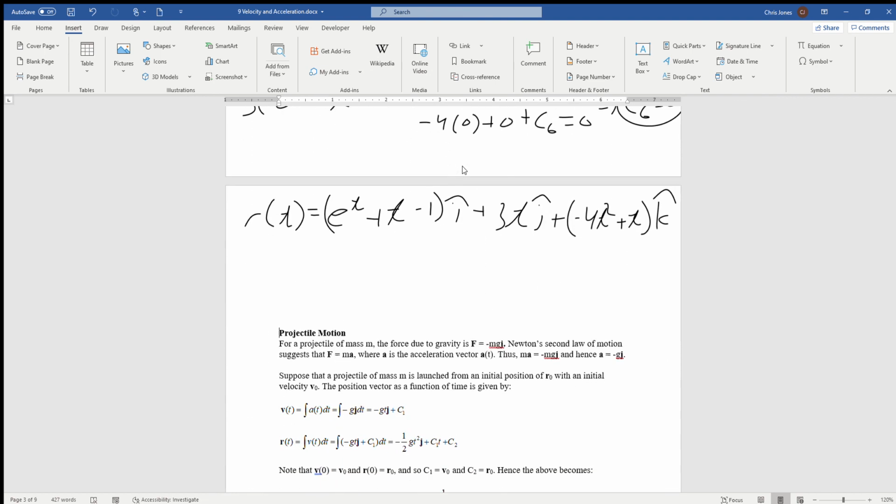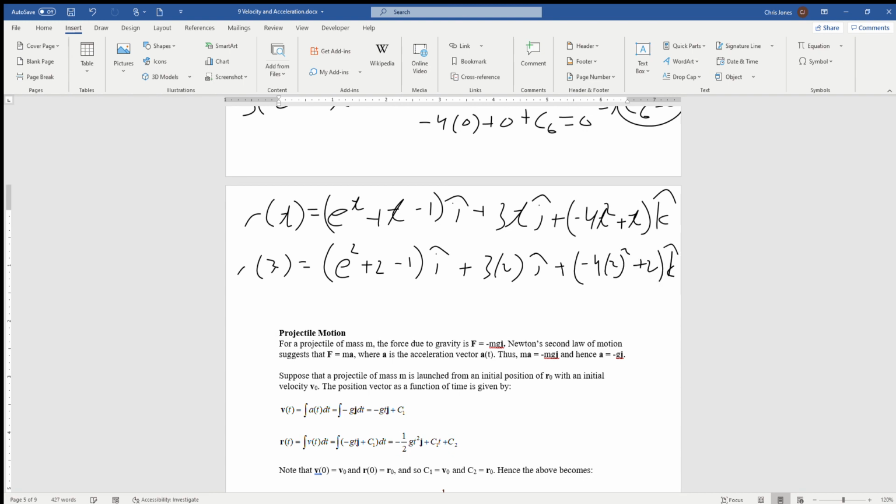And then down here, r at 2, this one's not going to be as nice. All right, so that's going to be e squared plus 2 minus 1 i plus 3 times 2j plus negative 4 times 2 squared plus 2k, or if we simplify that, that's going to be equal to e squared plus 1i plus 6j minus, because that's going to be negative 16 plus 2, so that's going to be negative 14k. All right, so